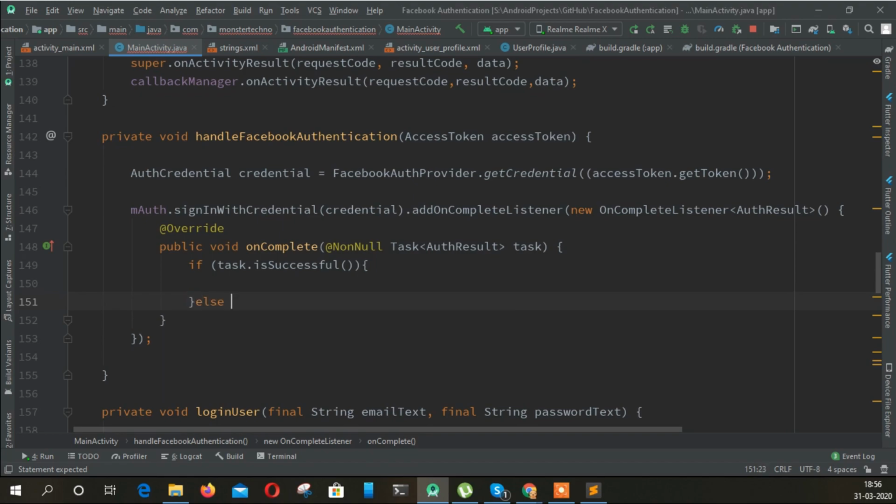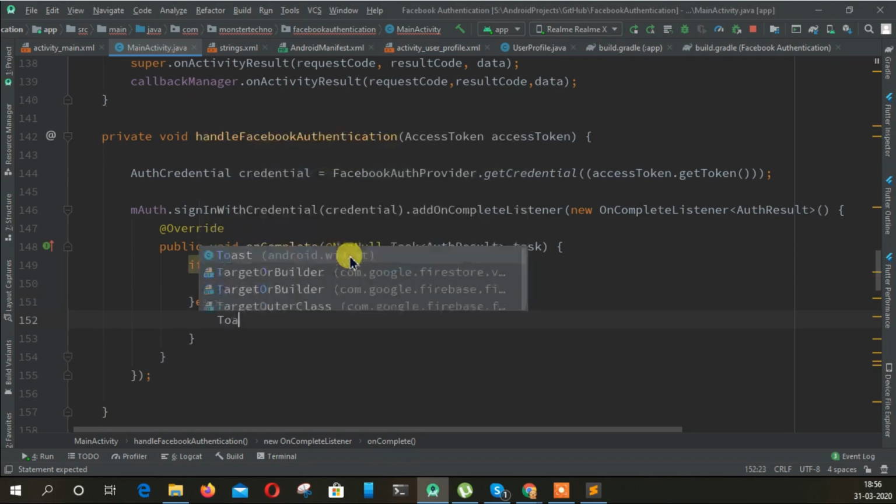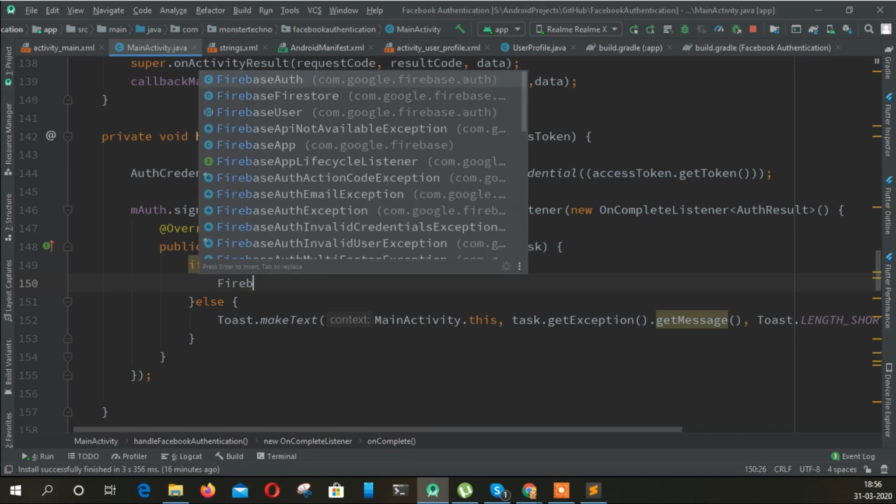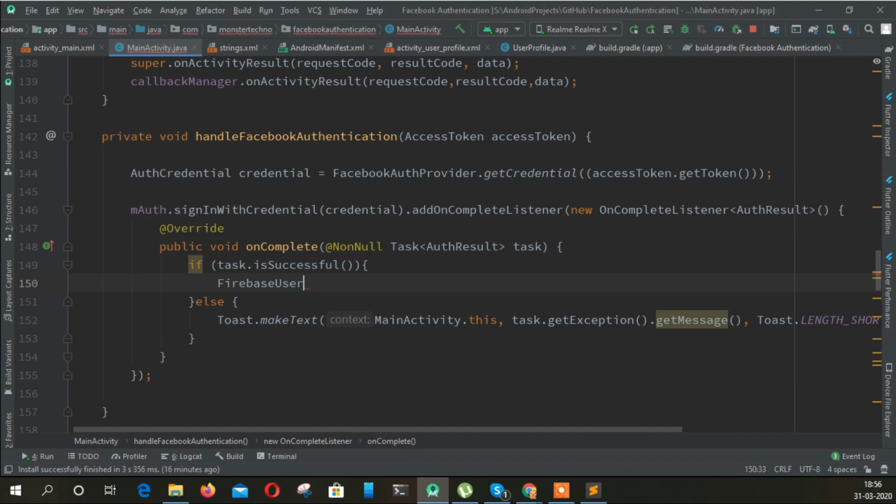If not, we show the error. And if the task is successful, then user